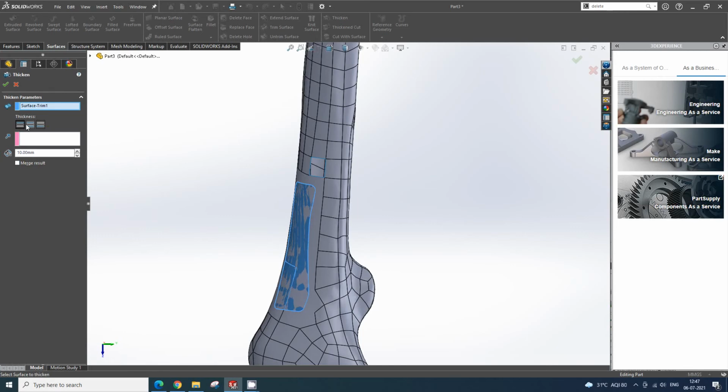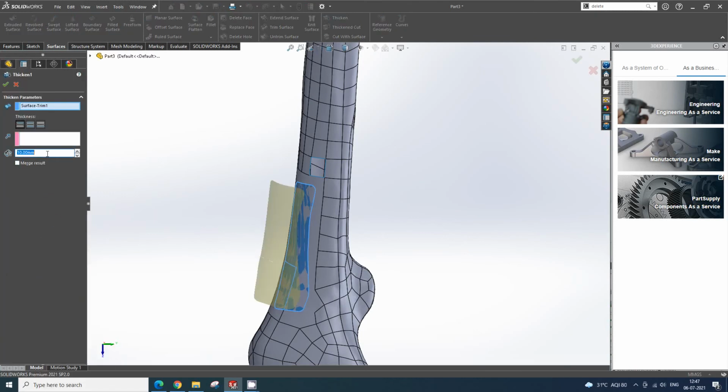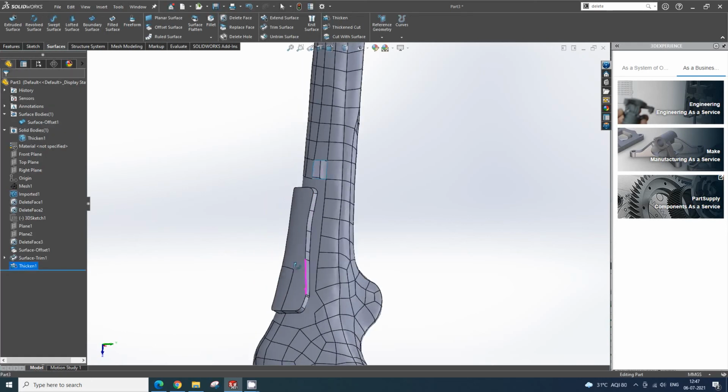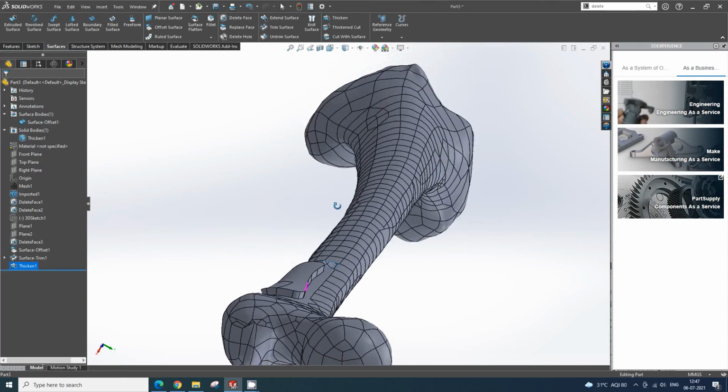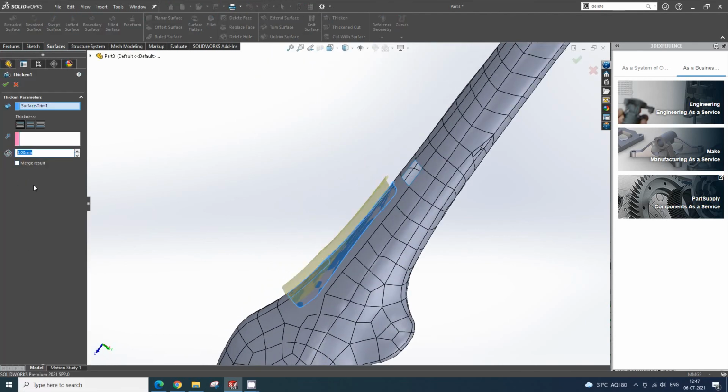Let me change this direction. I guess direction is a problem over here. If I click OK, the extrusion is a bit large. I'll just decrease the size. So this is how we have created exactly according to the curvature of the bone. We have designed a strap which fits directly on it.